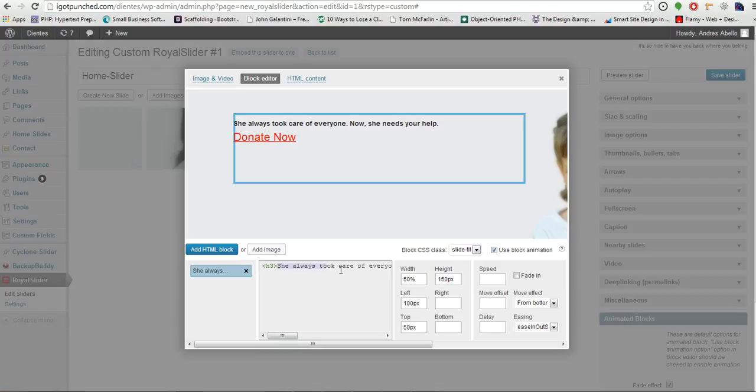So pretty much, as you can see, all you gotta do is use a little HTML tag for the title, and then a little HTML tag. I added some CSS to make it look red, font size 2 and donate. All right. Over here also I have an animation which pretty much will make it come from the bottom. It'll fade in. We can actually set up the speed of that. We can say